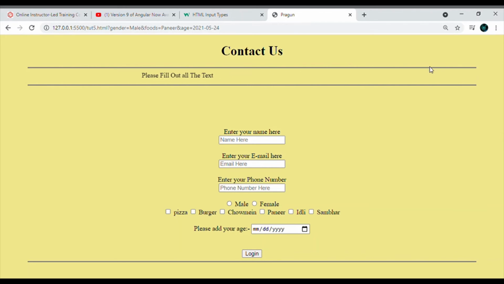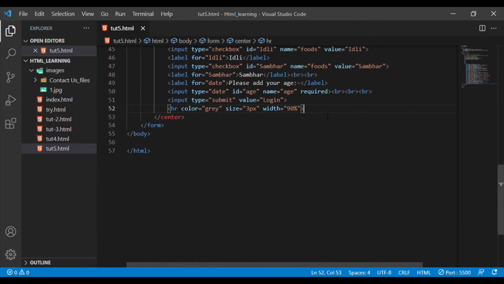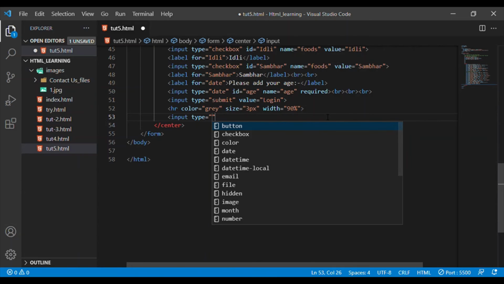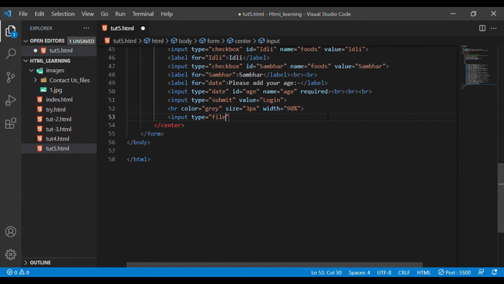Okay, so I am going to show you some more attributes, or we could say elements of input, before signing off this video. So let's get back to our VS Code screen. Now I am going to tell you about input type equals to file. Yes, here it is. And file id equals to my file, which I'm going to tell you about in just a moment, so please be patient for that. Name is my file only, and